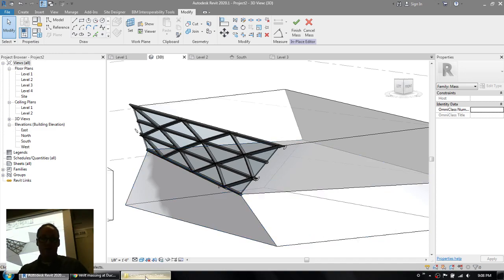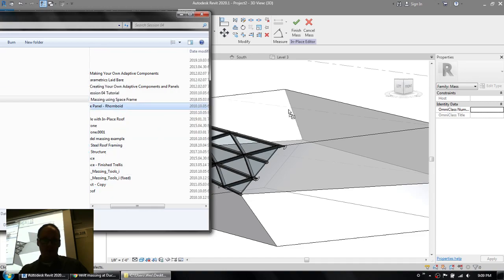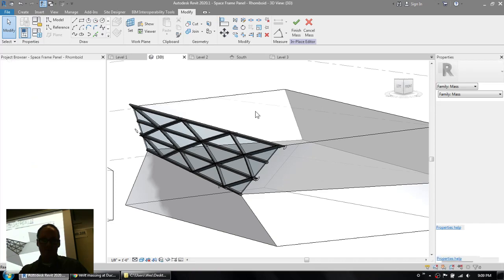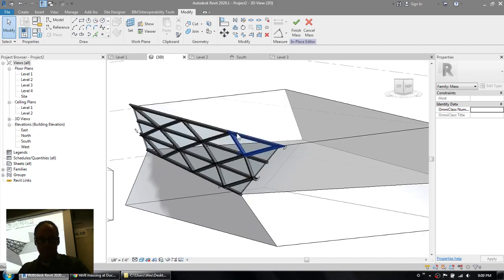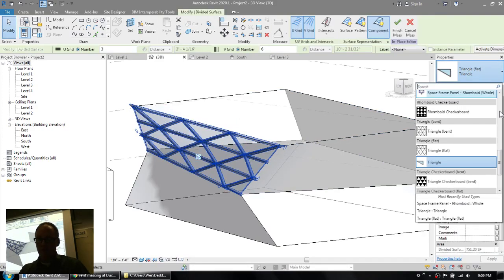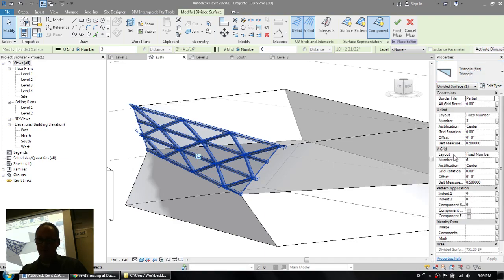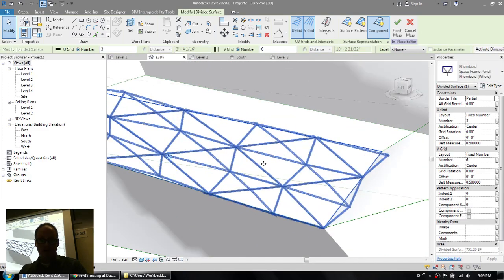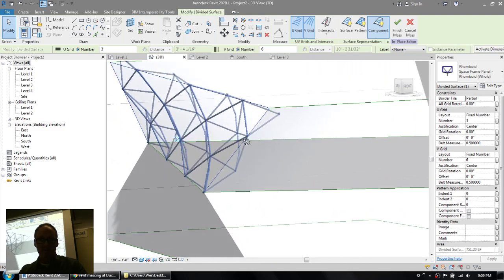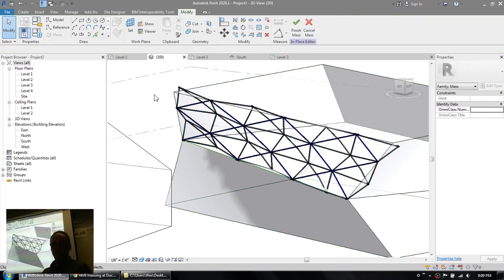Now the other thing I'm going to do here is bring in the other panel. It's the space frame panel rhomboid. I'm going to pull that in as well. And this is a true space frame concept here. So rhomboid, there we go. Doesn't matter which one you choose. There. So this thing has got all the tubes and all the pipes and bracing and the glass for building a true space frame. It's a little clunky looking in comparison, I guess, but